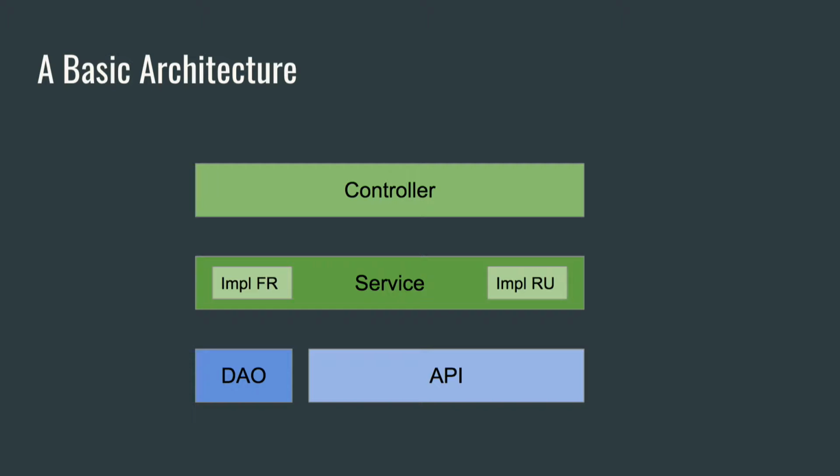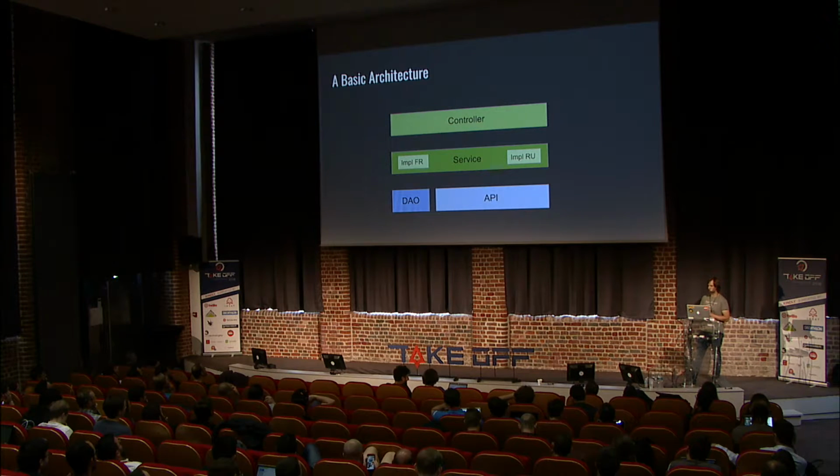So just to give you a little view of what a backend is in our company. Our backends are very, very simple. Basically, there are 3 layers. We have a controller layer that is only defining the routes that will be available on our backend. And after, there is a service layer that will handle the business logic and will choose which API it will call